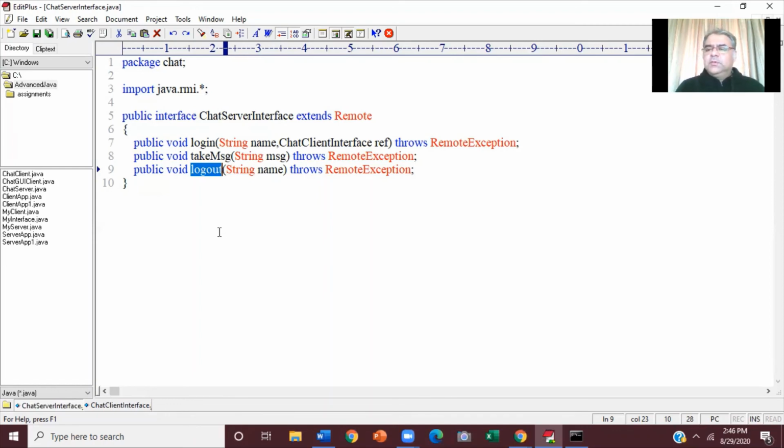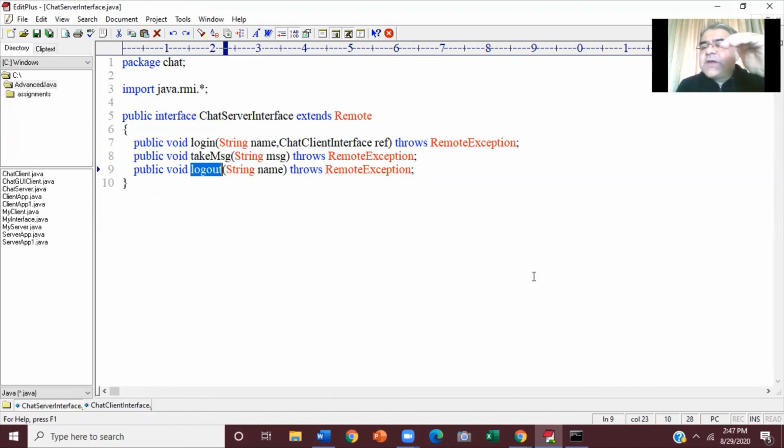So you know, the server application is completely in front of you. What all things, listen to this carefully. What all things will be there in the server application? In your server application, one, there will be a constructor. What all things we are going to do in constructor? We are going to instantiate vector. We decided to keep client info objects in vector. So the vector has to be instantiated. So the first thing that we are going to do in constructor is instantiate vector.